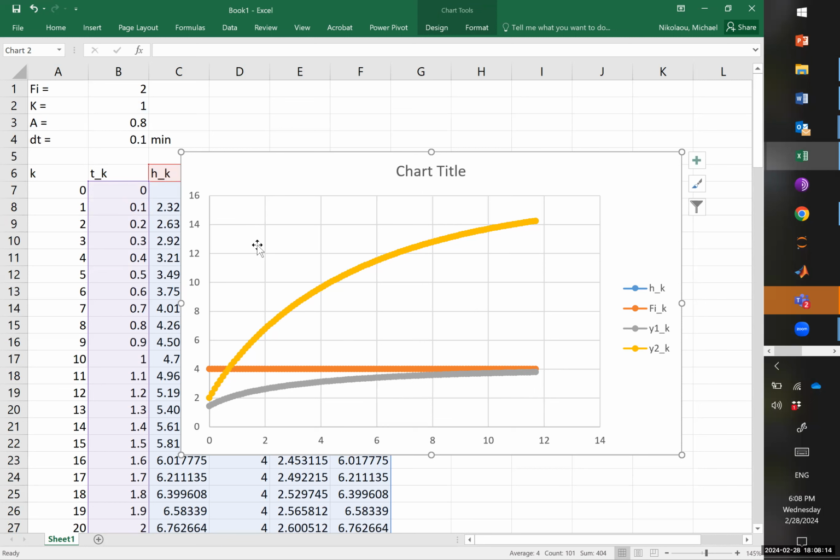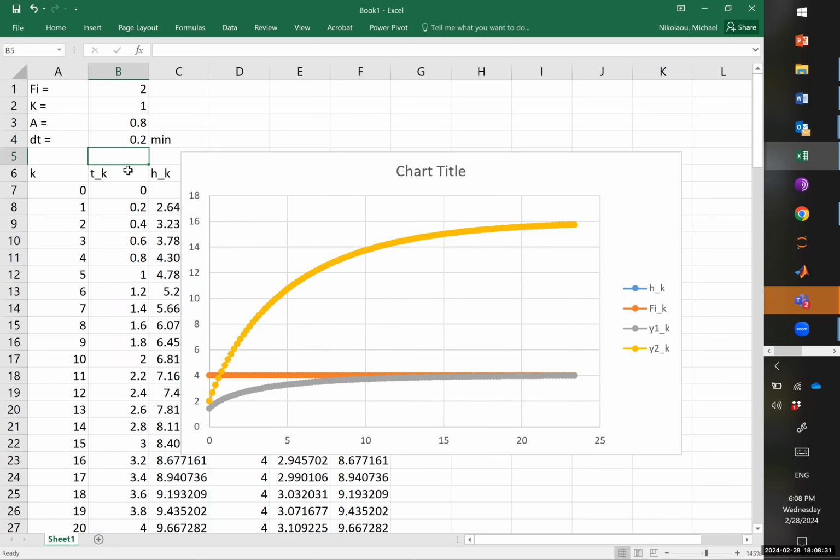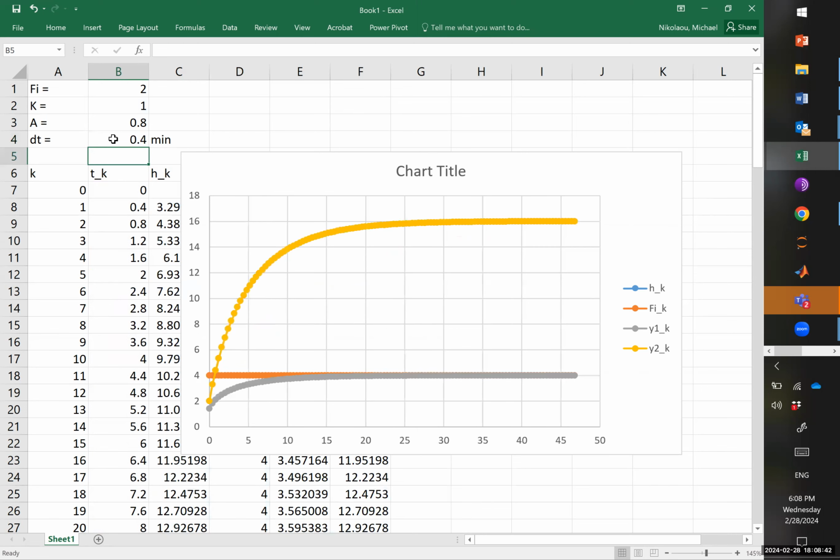So everything is fine. In fact, this indicates that if I take a larger sampling period, this is still a pretty decent approximation. Actually, let me make it 2. This is still a decent approximation, nothing blows up, and I could take an even larger period. This is still a nice, decent approximation. As a matter of fact, this can tell me roughly how frequently I should be sampling, because I can